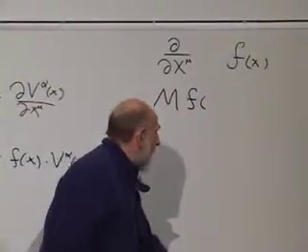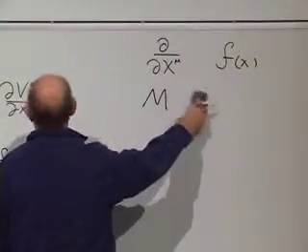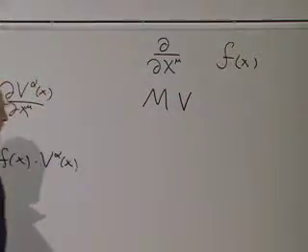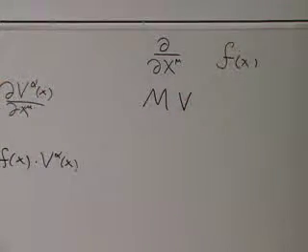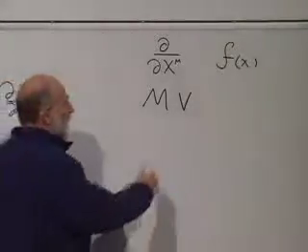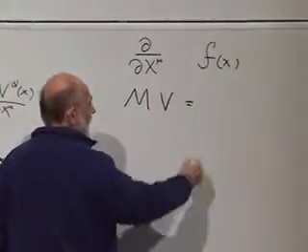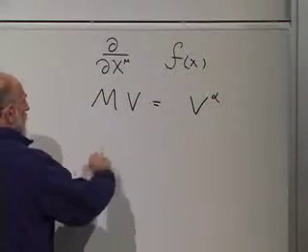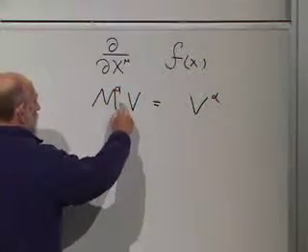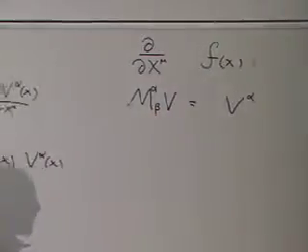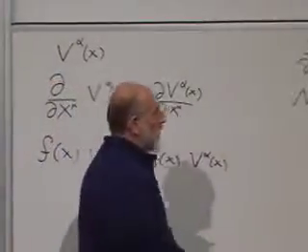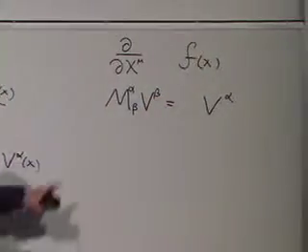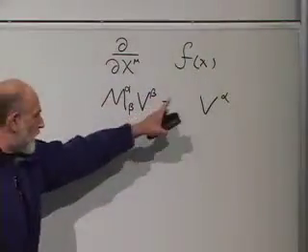Sorry, M on v. Let's see what that means. M applied to the vector v means I would like to get the alpha-th component of it. Well, the rule for that is M alpha beta, those are the matrix entries of M, multiplying v beta and summing over beta. That gives you a vector with a component alpha,